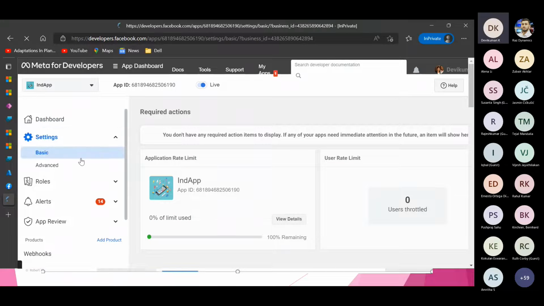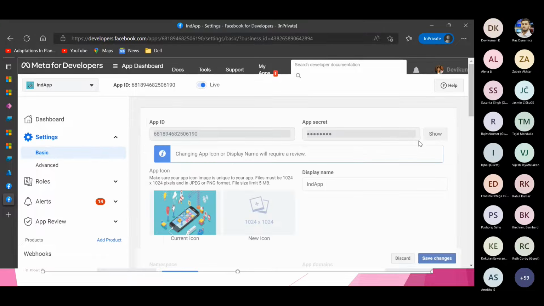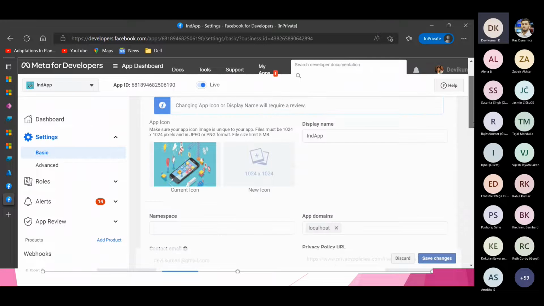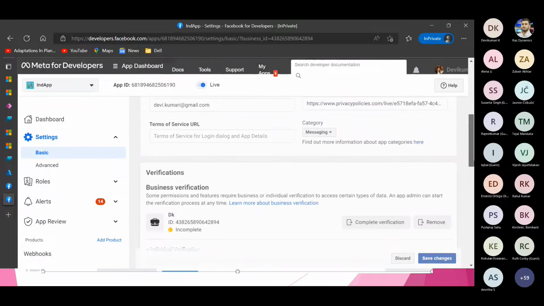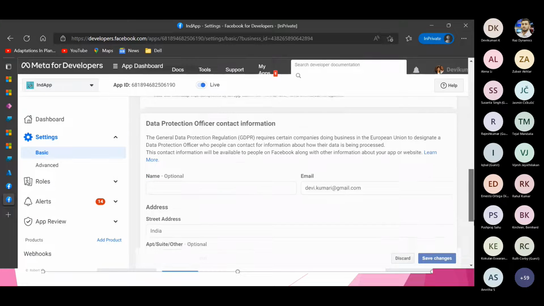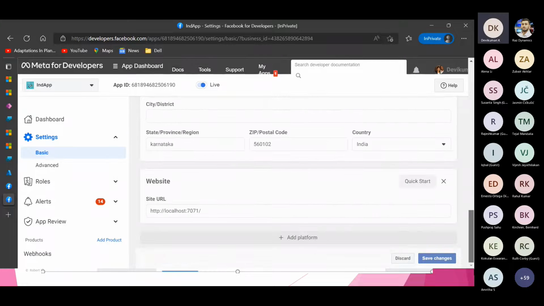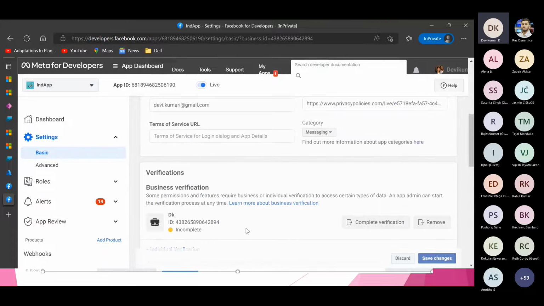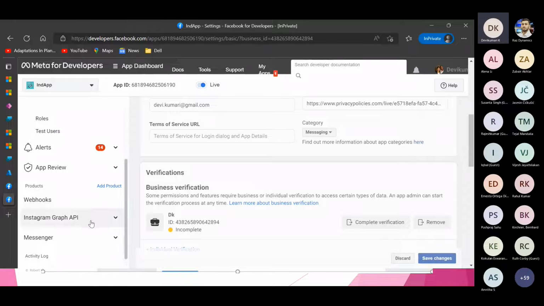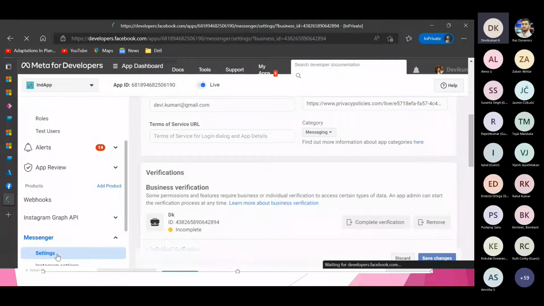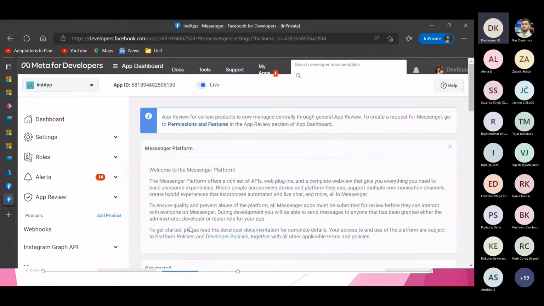So under settings, basic, you could see the app icons, app information. So all the information will be available here. On the left side we have other options like webhook, Instagram Graph API, Messenger. These all enable or help us to understand what kind of interaction we are going to have with Facebook. So here, if you see,